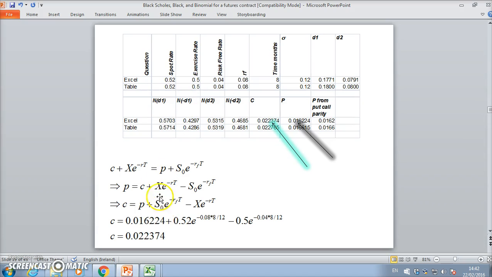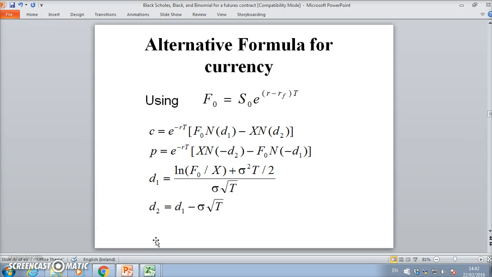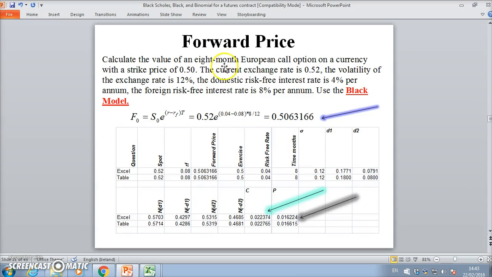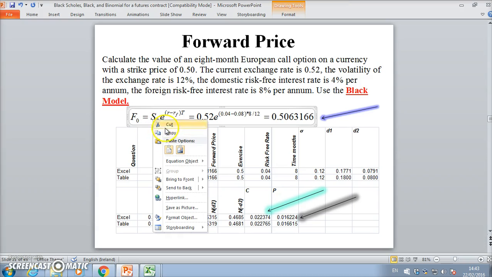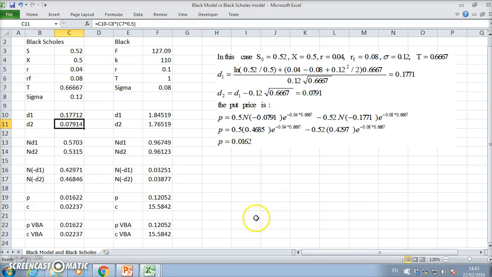Now here I've used put-call parity just to infer the value of the call once I know the value of the put. But what I'm trying to discover here is how we would apply the Black model to address the same problem. Okay, so again, same parameter inputs. However, we don't have F. We only have S. So if we go back to the initial values here,